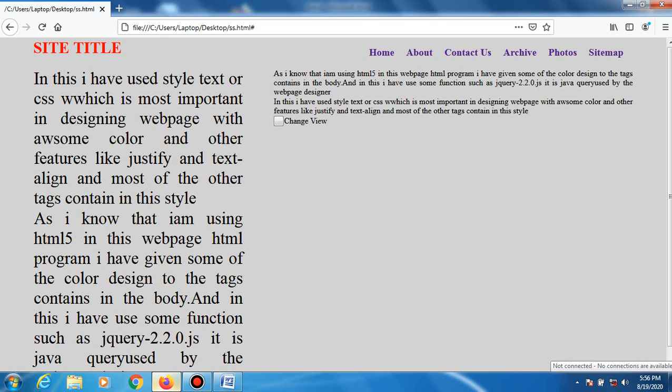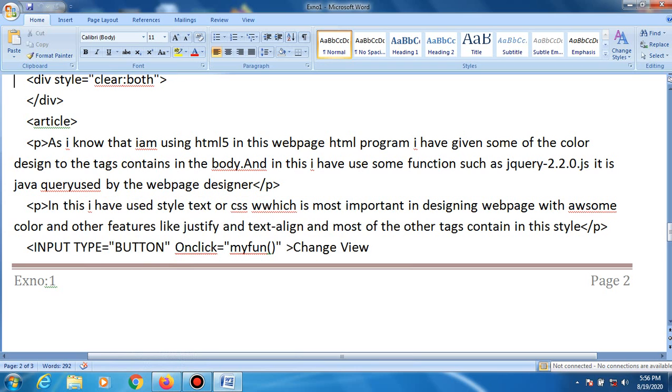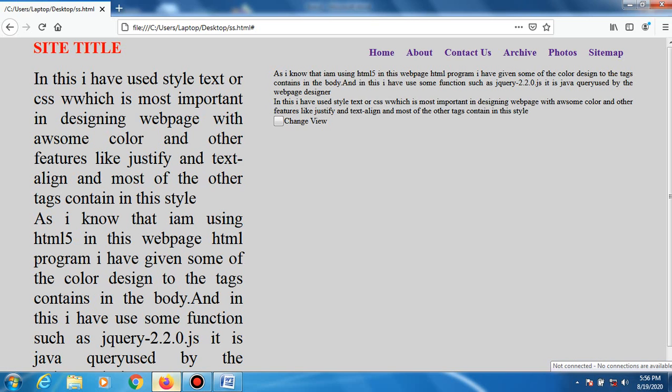And write down the input type button equal to, onclick my function, change view. So this is represented here as the change view button, which is created here, and change view is the name of this button.